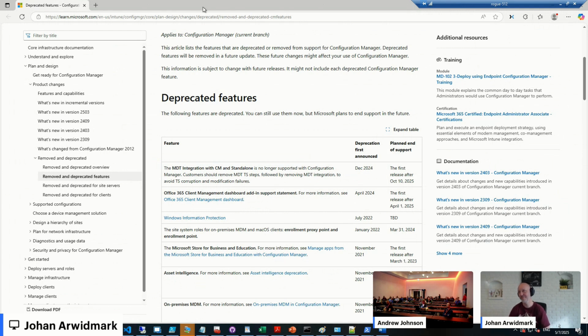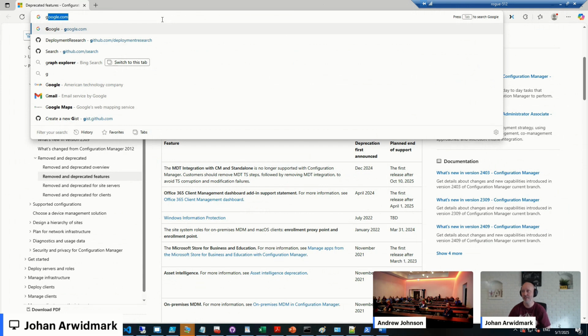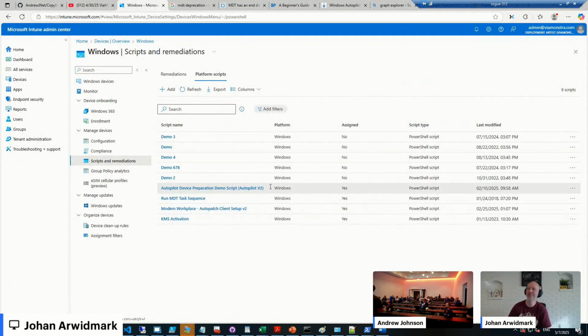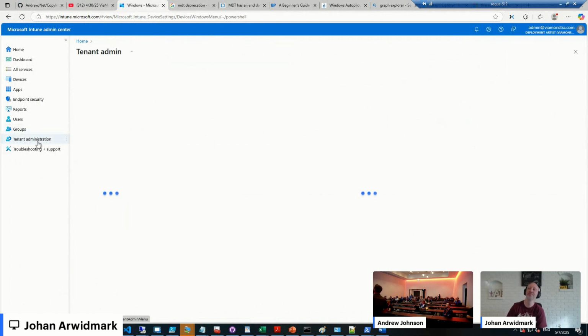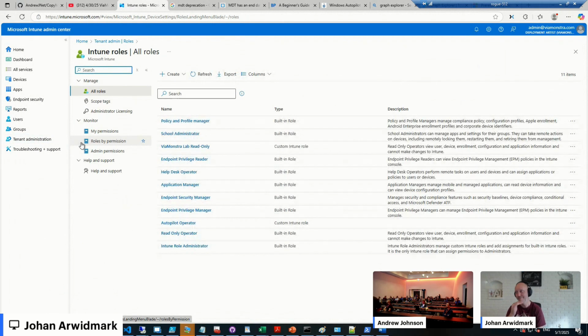So, Johan, would you mind at least bringing up the Intune Admin Center real quick? Yeah, that can be done. All right. And then head over to tenant administration. And then roles, because there are a couple of components to role-based access in Intune. So first you have your roles, your various roles here, plenty of built-in roles, but you can also create your own custom roles. And then your scope tags,